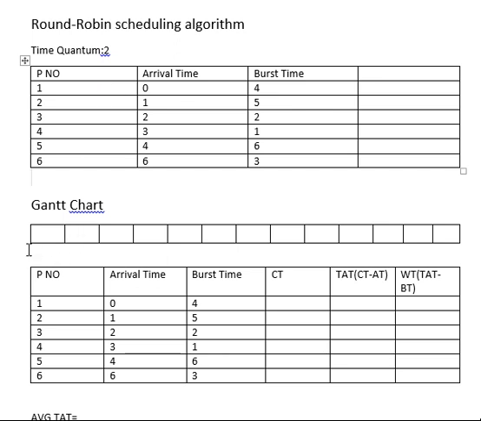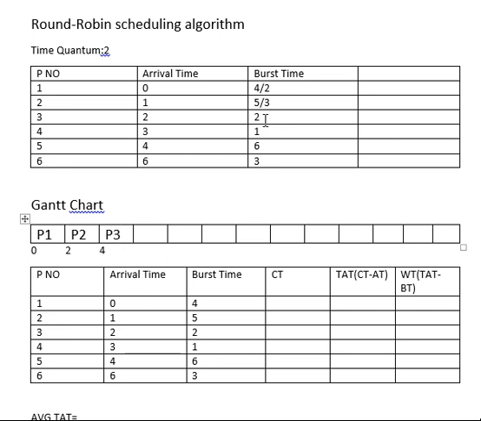So we'll start here with arrival time 0. I will place process P1 here, and it requires a burst time of 4, but we can allocate only 2, so I will subtract 2 from it and write 2, and allocate the given 2 time units. The next process in the queue is P2, so I'll place P2 here, and the burst time required by it is 5, so 5 minus 2, the remaining will be 3, and since we are allocating 2, it will be 2 plus 2, 4.